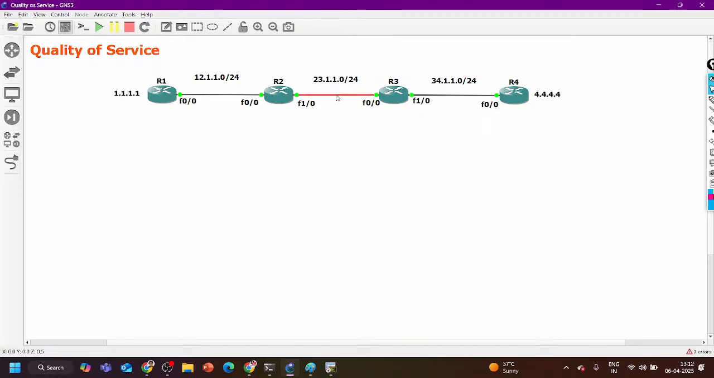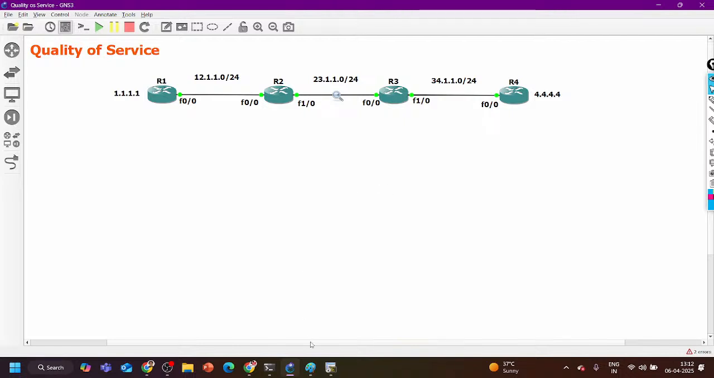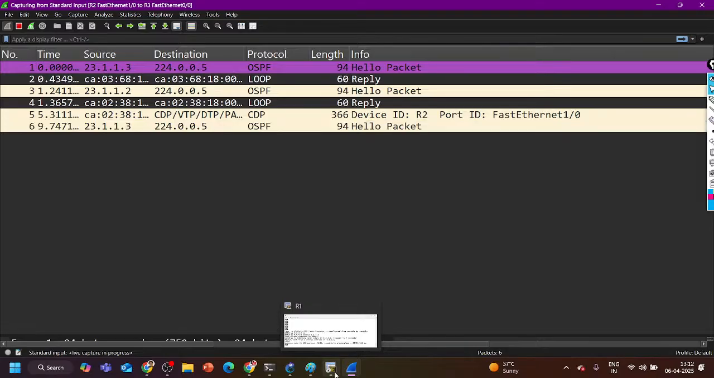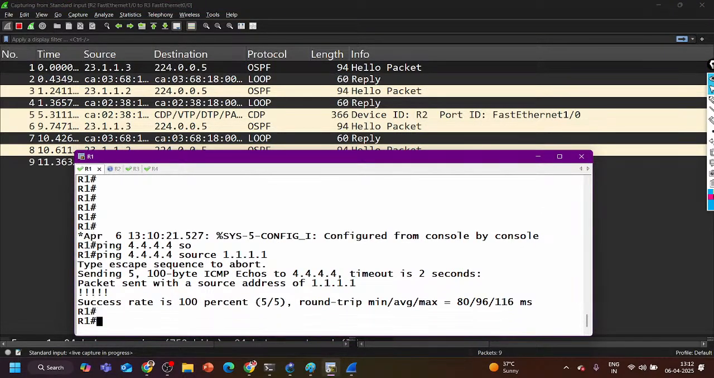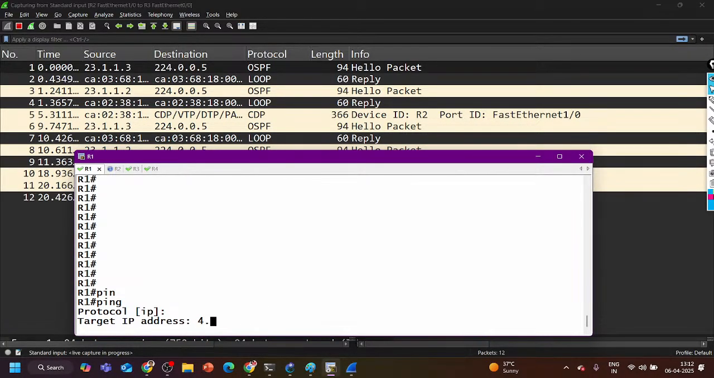अब देखो. While sending the traffic also I can prioritize the traffic. When I am pinging 4.4.4.4 from 1.1.1.1, at that time also I can set the priority. I can set the IP precedence or DSCP value. See, now I am going to ping. I am going to use extended ping. Okay, ping and enter. It is asking about the protocol. It is IP, target IP address 4.4.4.4